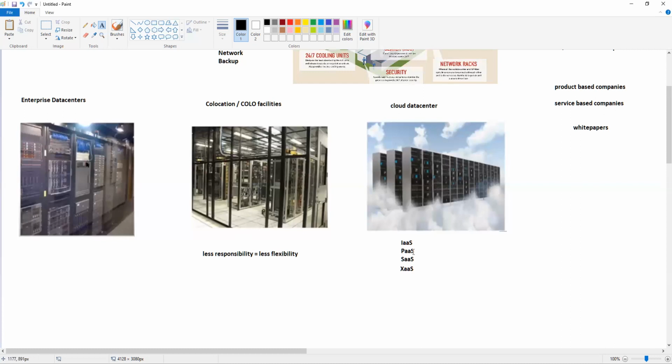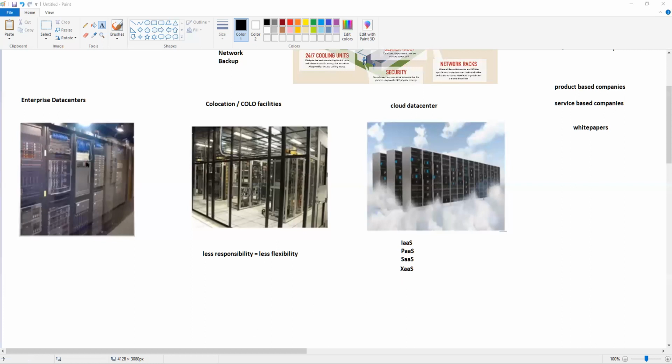And within the data center, you have these two where you have even less flexibility because the other responsibilities are also taken out from here. On infrastructure as a service, actually you have some more responsibility, and that's how you get some more flexibility as well. And when you go down the ranks to PaaS and SaaS, everything is eliminated. I mean, you don't have a lot of flexibility, so you don't have responsibility as well.